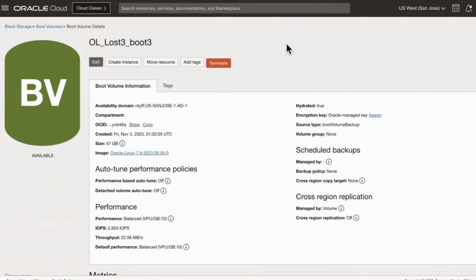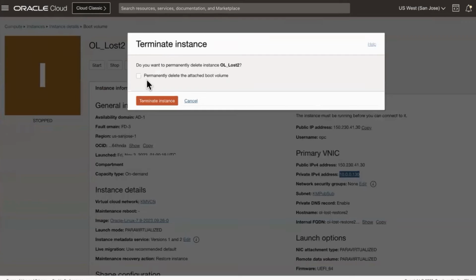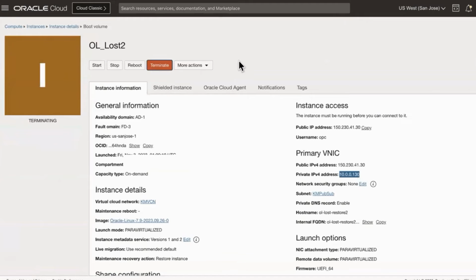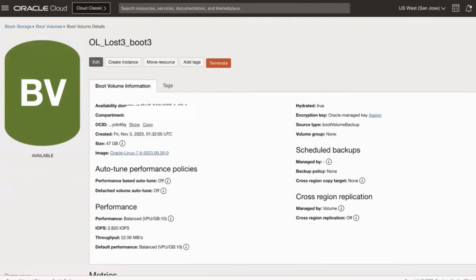What we're going to do as part of the creation process is we want to restore an instance and reuse this IP address. So to do that, we're going to terminate this. As I said, you want to preserve the boot volume just in case. So terminate the instance. After that finishes terminating, we can reuse that IP address. We cannot reuse it prior to that. So 10.0.0.130. All right. Now that the instance is terminated, we can go to the newly restored boot volume, and you'll